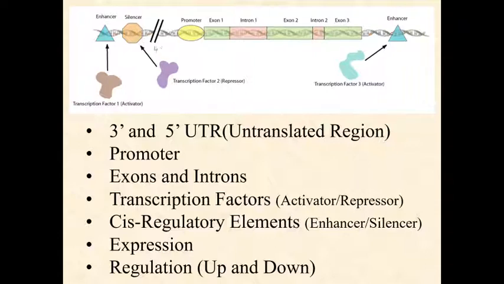Now, in very simple terms, the other regulatory elements are called silencers. They also bind proteins called transcription factors, but a transcription factor that binds a silencer is known as a repressor because it turns off or turns down the expression of that gene. And there are often dozens and dozens of regulatory elements, some of them enhancers, some of them silencers, that all work together to regulate the expression of the gene. And so depending on how many activators you have bound and which ones, how many repressors you have bound and which ones, you will have a wide range of levels of the gene being expressed, being transcribed and made into